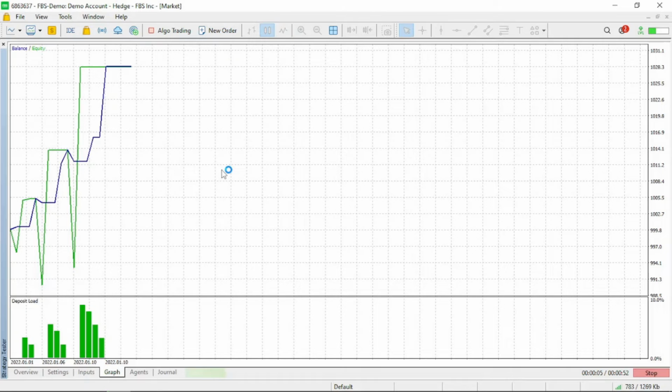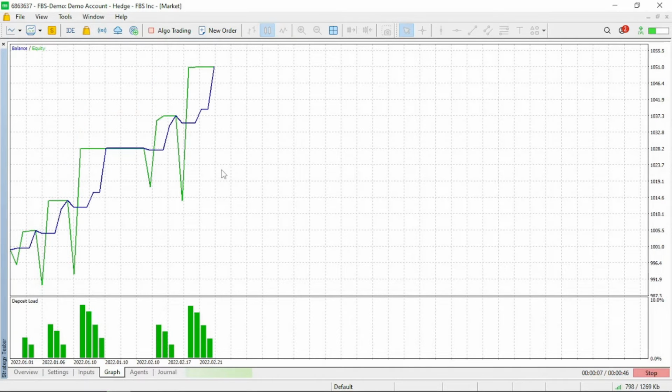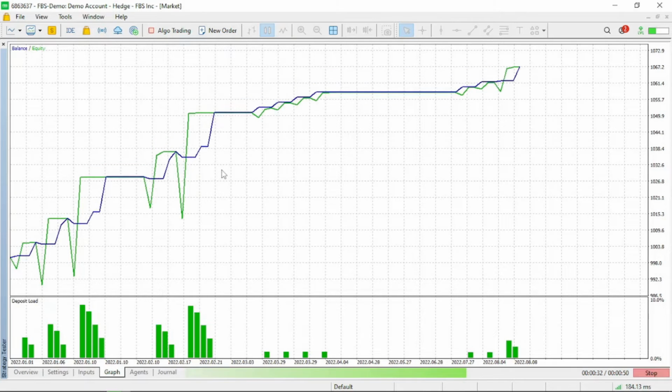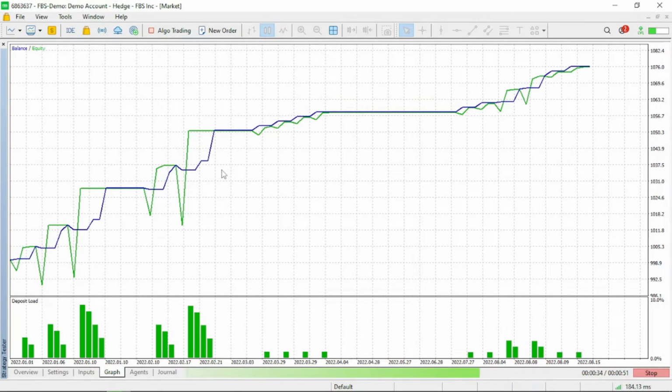What I've noticed with the trend filter is that there are periods where the bot doesn't place any trades by using the higher time frames, the daily, the weekly, and the monthly. It is important to note for new traders that these periods can differ and might sometimes be very long. This doesn't mean that the bot has stopped working, however, that the trading scenarios currently found in the market aren't